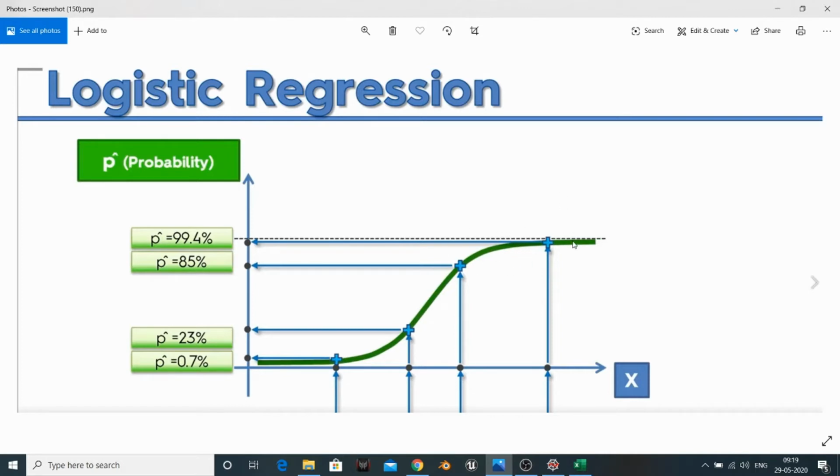It's going to fit the data points as much as possible, and our logistic regression model is going to predict not the values, but the probability. Like the probability of taking an action will be 0.7, here it will be 23%, here 85%, and here 99% and things like that. And it's going to be in the range of 0 and 1.